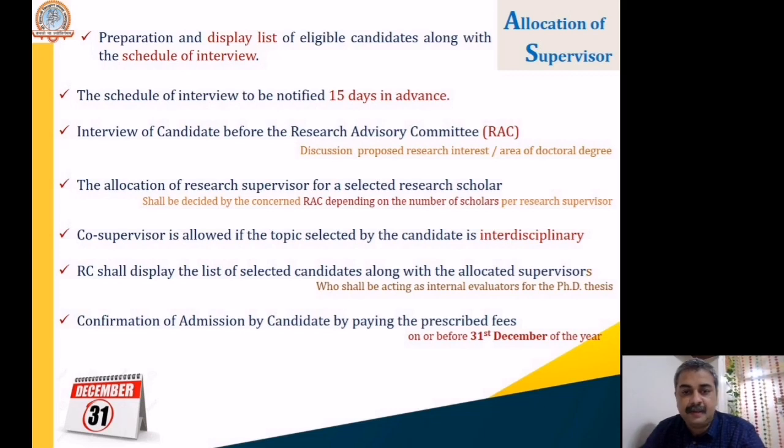This will be decided by the concerned RAC depending upon the number of scholars per research supervisor. The research supervisor will be allotted to you. Now, if your topic of interest is interdisciplinary, then the RAC may allow you a co-supervisor in that interdisciplinary area. So you will have one supervisor and one co-supervisor from the interdisciplinary area in which you